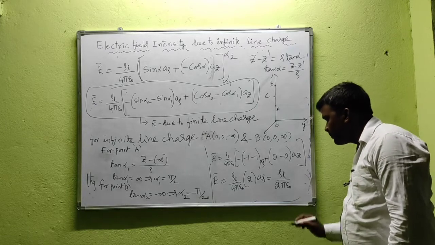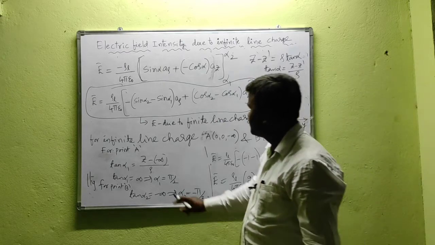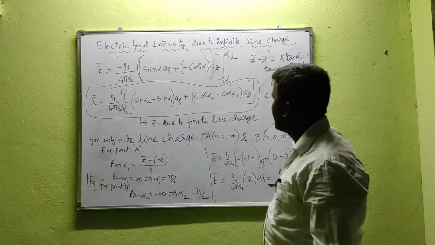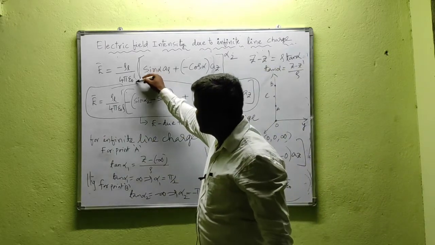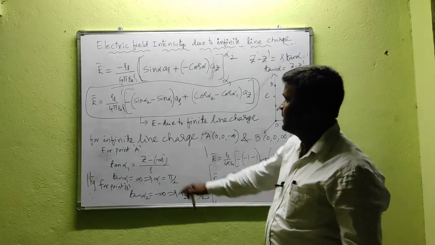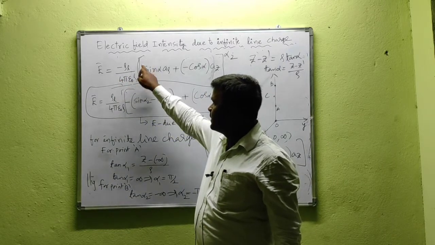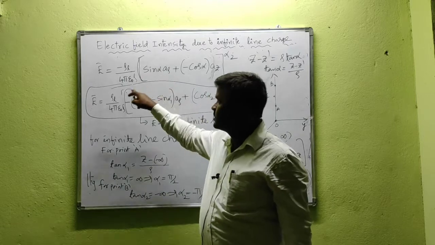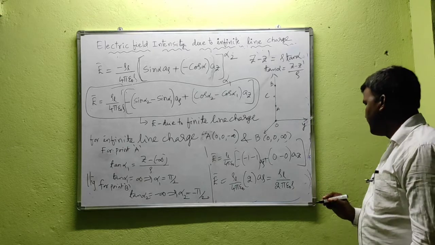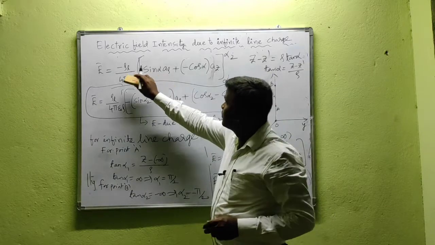Into, I forgot one thing, here it is rho, here also rho is constant. Please refer that expression. Actually it is minus rho L by 4 pi epsilon naught rho. Basically here we have what? Rho square. Of course in the denominator that is rho cube, so that's why minus rho L by 4 pi epsilon naught rho. Here also rho L by 2 pi epsilon naught rho. I forgot to write this part.